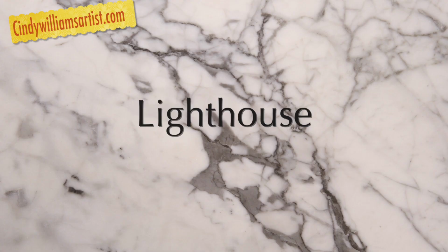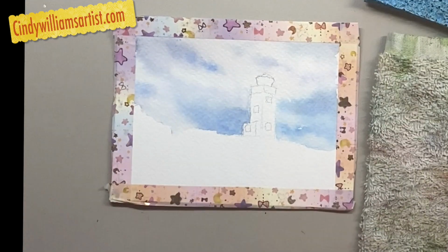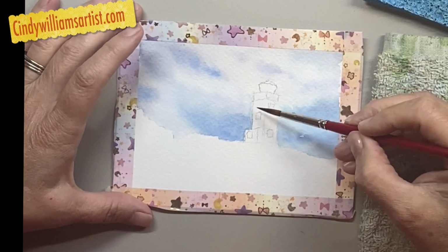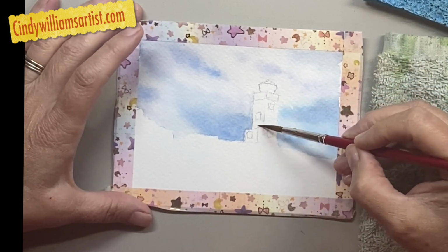We're going to move on to painting the lighthouse. Mind you that this picture has dried really well. Like I've left it like 30 minutes, or I've taken an air dryer and blown it dry. My goal right now is to